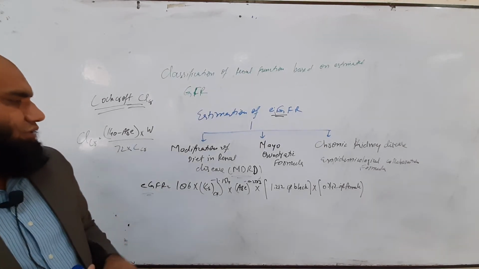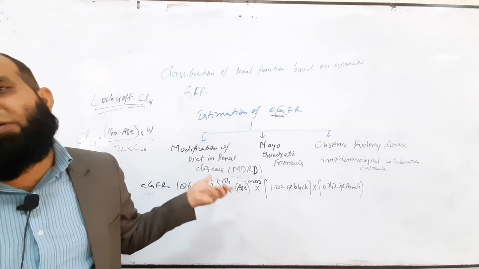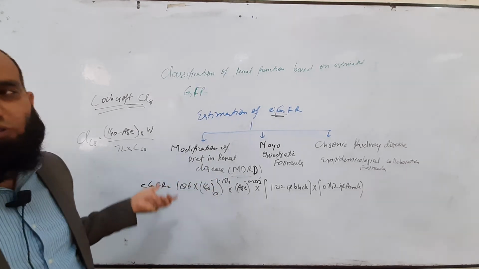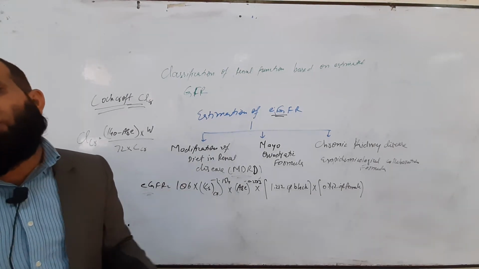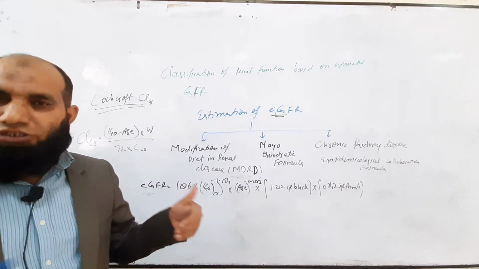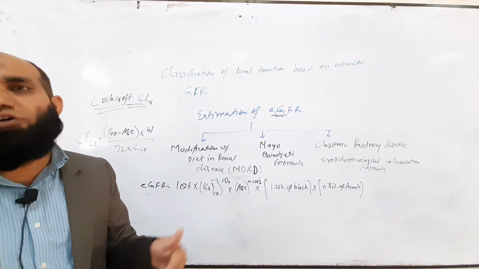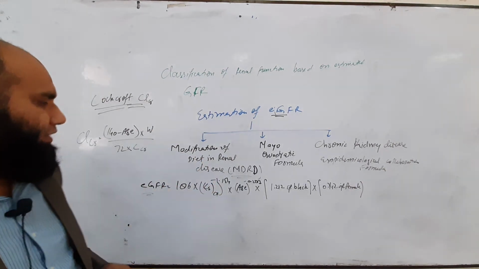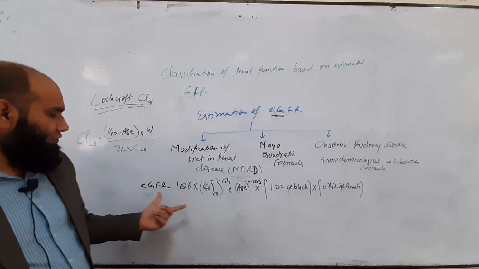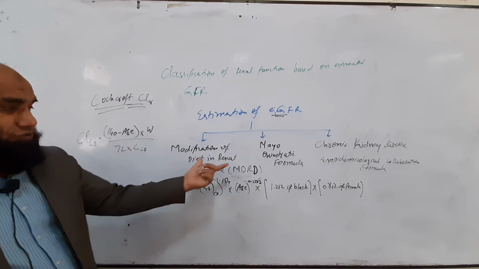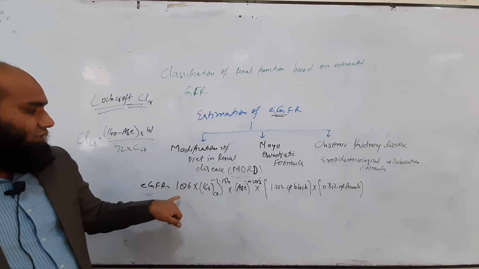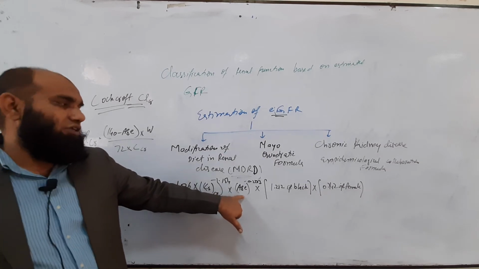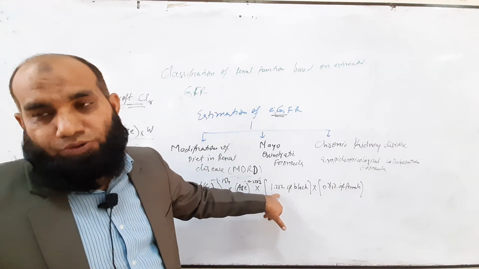And the MDRD is a unique method which will give us an accurate measurement of the eGFR, estimated glomerular filtration rate, which will give us the idea of what stage the patient is at. Then we will decide the dose according to the stage of the patient, whether he is in mild, moderate, severe or normal. Then what we need for the calculation of estimated glomerular filtration rate by using the MDRD formula is the creatinine concentration in systemic circulation, age, and a factor for the people who are black.